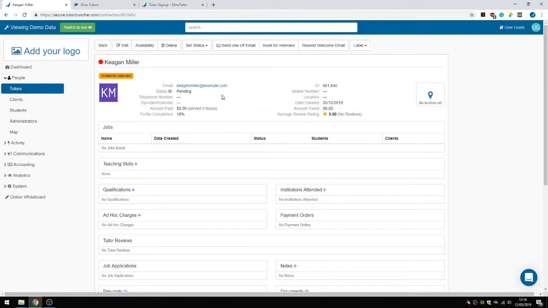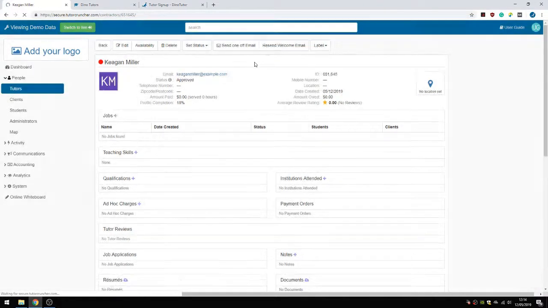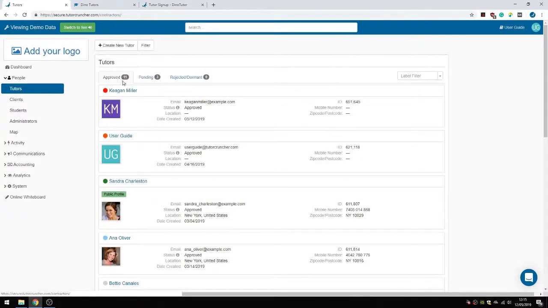And when the interview goes well, or if you've already had the interview and want to start working with Keegan, simply change his status to Approved. And once his status is approved, he can apply for jobs. We now see that he is in